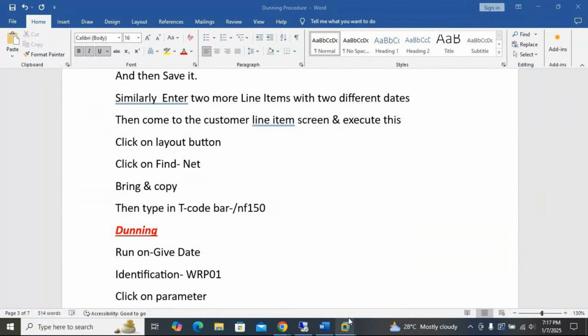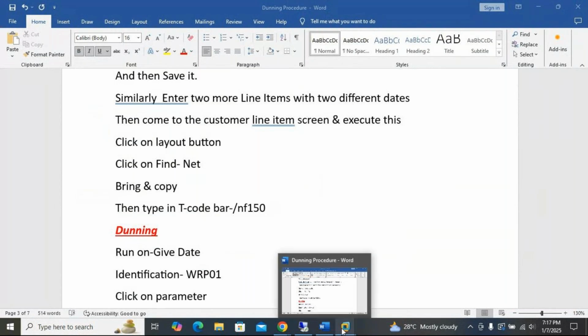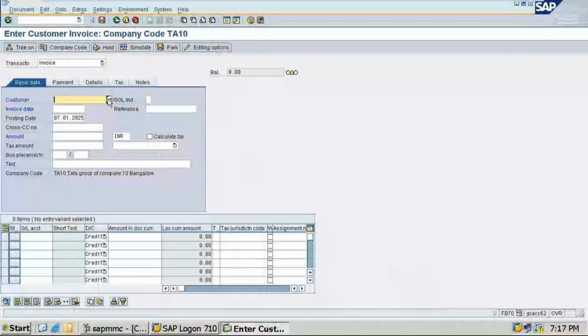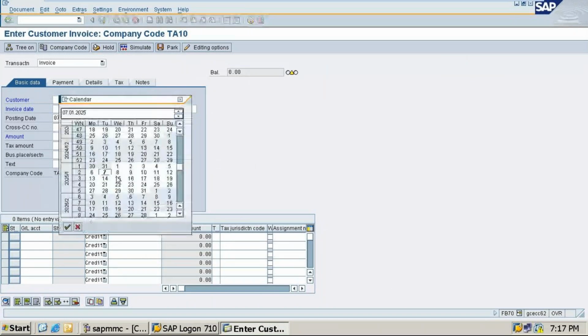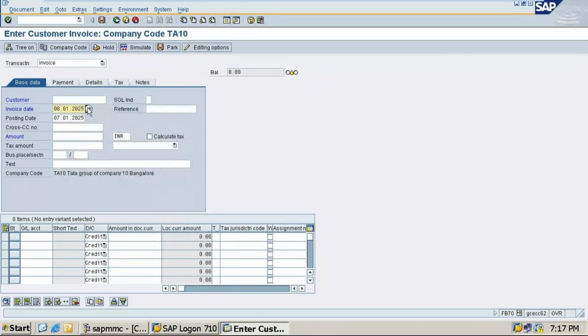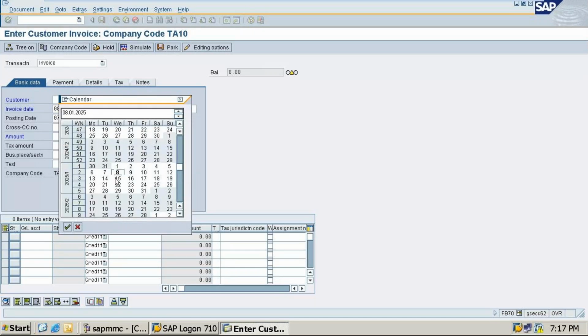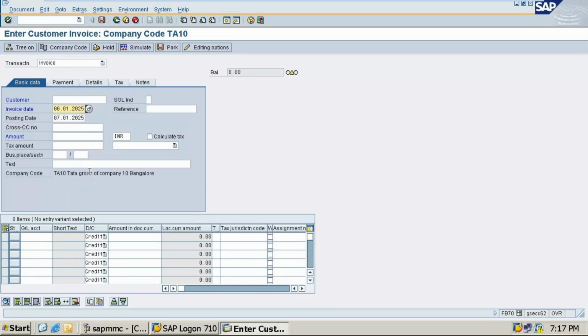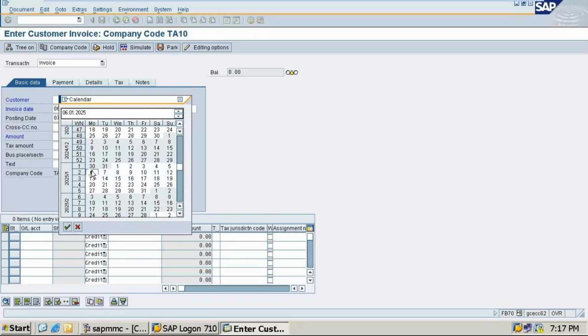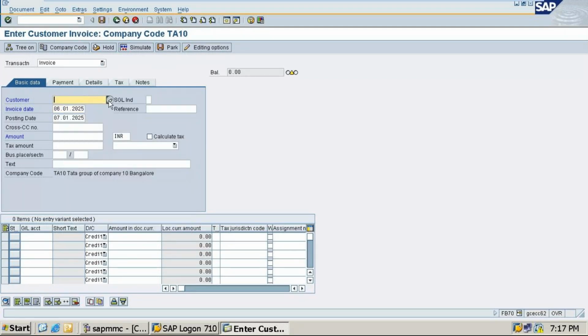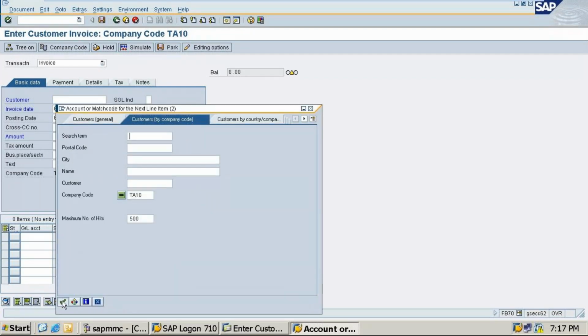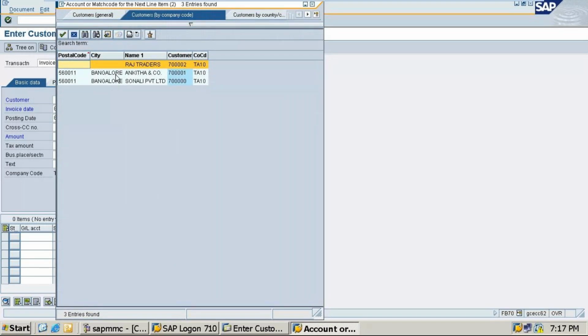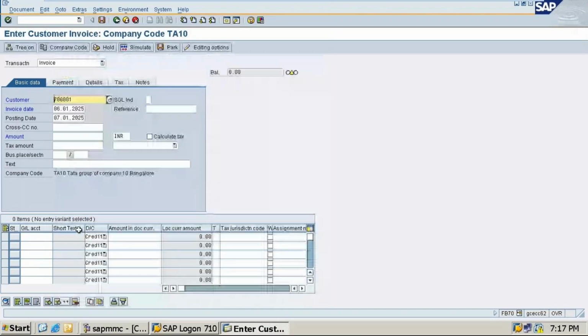Let's do this with a different date. Suppose invoice date as 8th, or else 6, posting date. Okay, invoice date is 6. Customer is Ankita Traders.